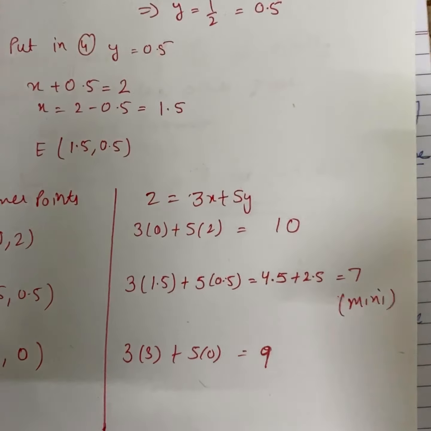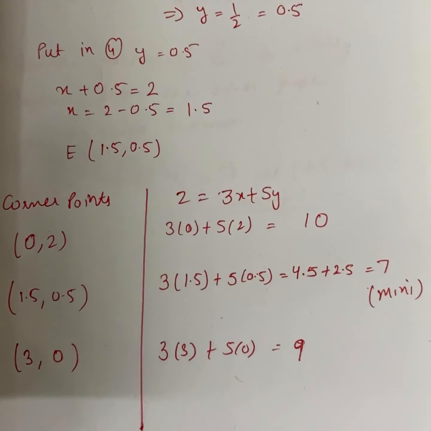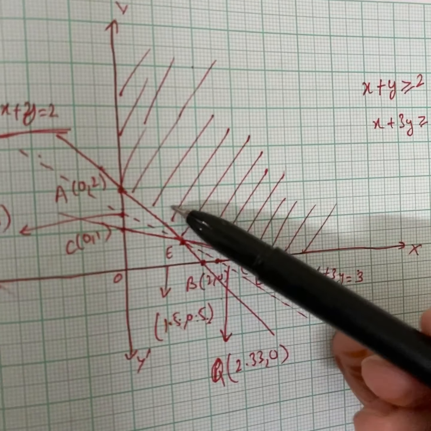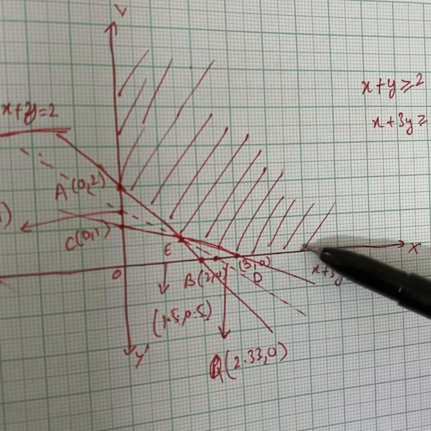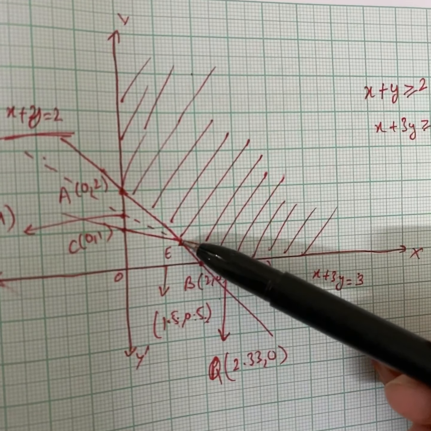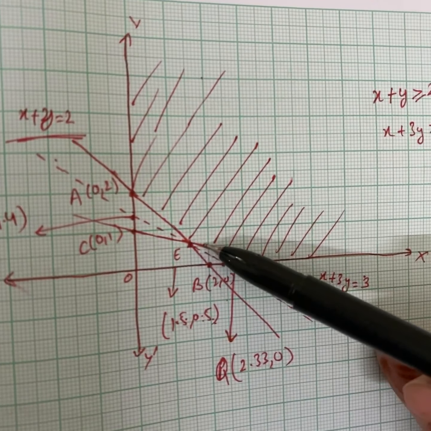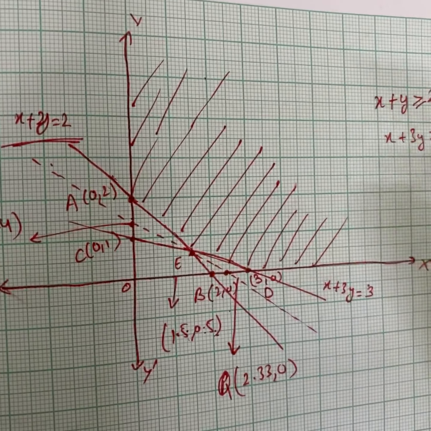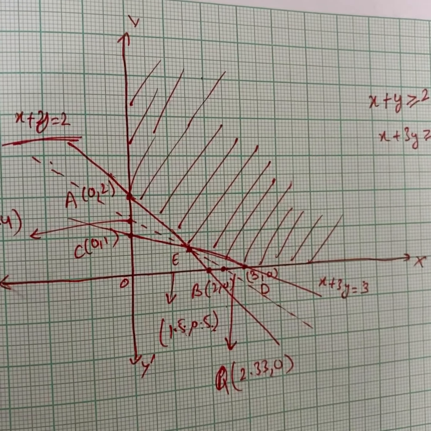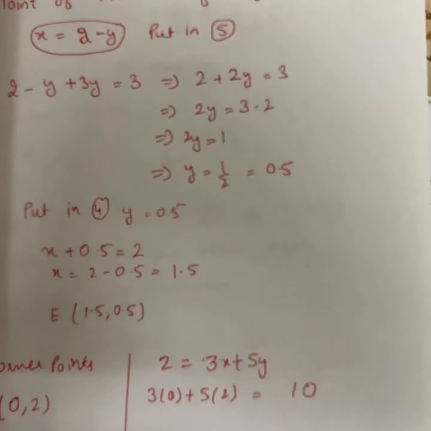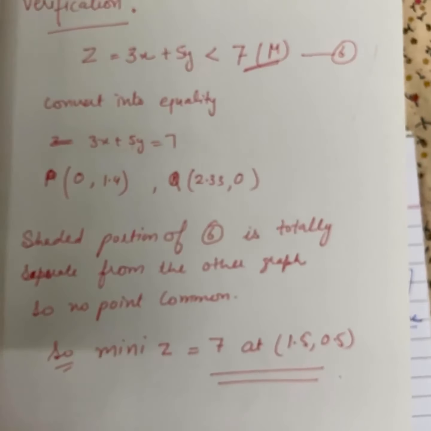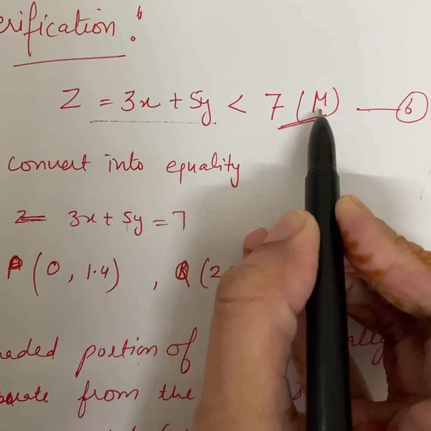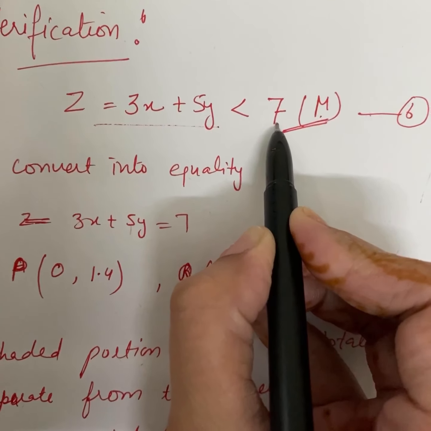When you get this minimum value, you are not sure because it is a case of minimum, an unbounded function. For the unbounded function, the graph can go down also, like this. This is your minimum value, minimum point, but it can go down also. For that, you have to see whether your objective function's condition is satisfying or not. As I told you, for verification, you have to put your objective function along with this m. Your m is your minimum value, that is 7.